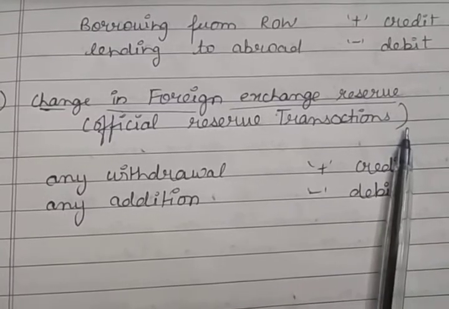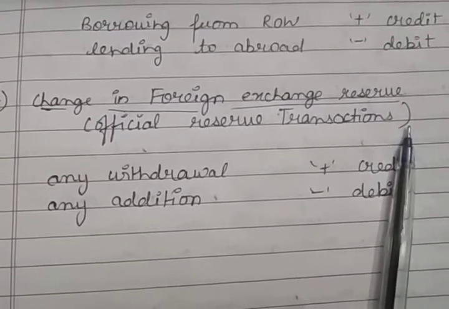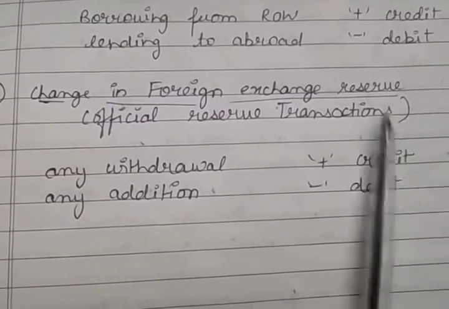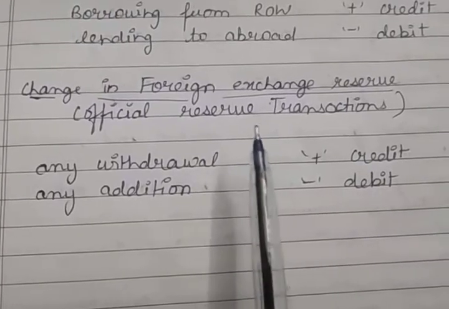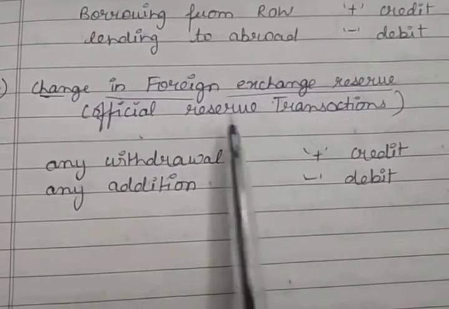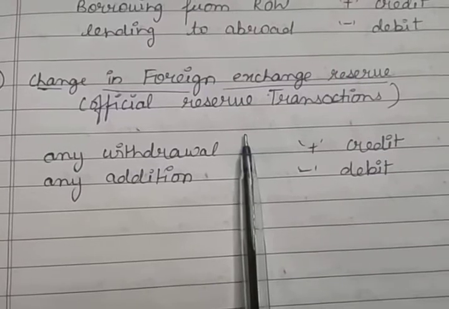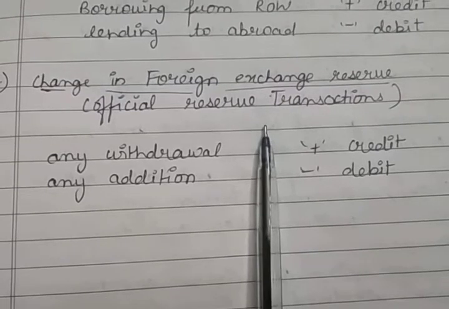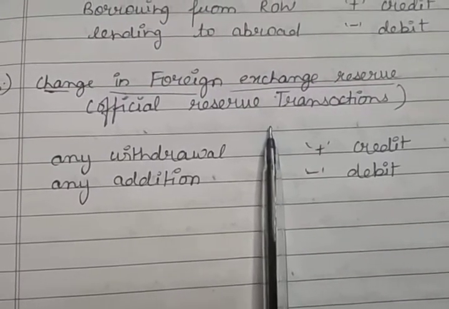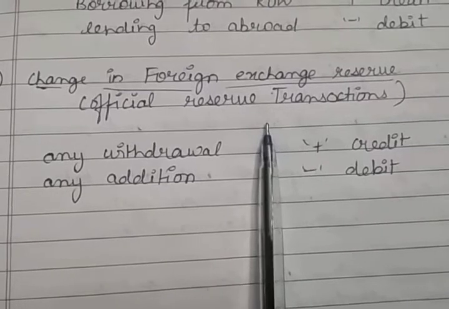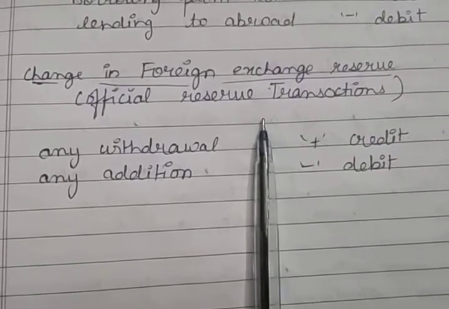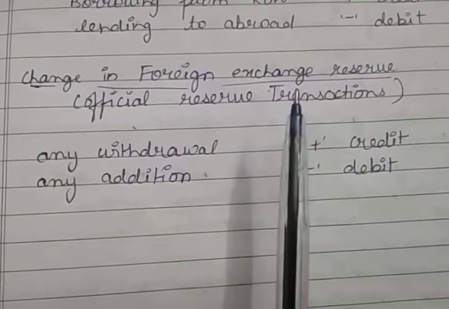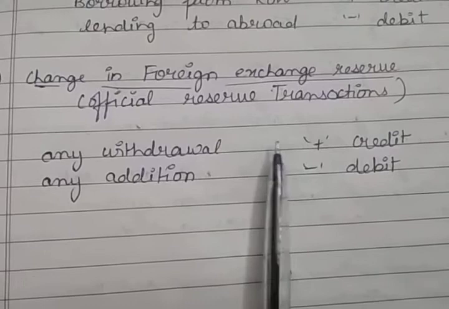Autonomous receipts and autonomous payments give rise to either a deficit or a surplus in the balance of payments. I will discuss autonomous receipts and autonomous payments later on after this topic. The difference between autonomous and accommodating items I'll explain to you. But because of the autonomous receipts and autonomous payments, there is always a situation of deficit or surplus in the balance of payments. So whatever changes take place in the balance of payments due to autonomous receipts and payments will be balanced by the monetary authority.